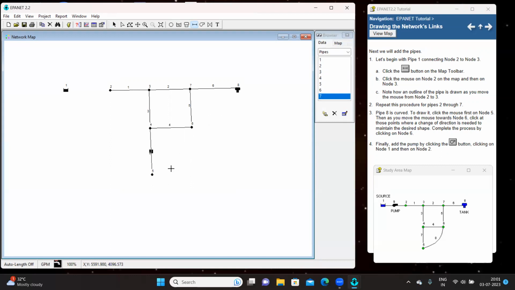Now this is a curved pipe. For that, you should be a little bit careful. Just click on this fifth node, and wherever you want to negotiate a curve, just keep on clicking a gentle curve like this maybe. So this is how you can complete